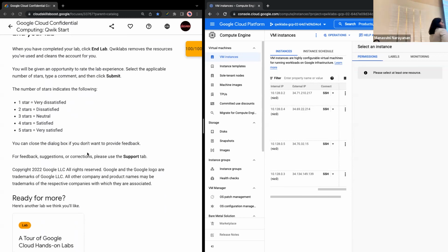Anyone who needs any help? But from my end, I think the lab is over. We proved that our instances are securely encrypted, and no one's going to access them. So I think we proved that Google Cloud is actually trustable, and we can trust it with our data. We're uploading important documents up to the cloud. I think it's fair enough to say that it is confidential. And I'll hand over to Shyam for any questions that he wants to ask. But from my end, it's over. So if you have any doubts, if you ran into any troubles, please let me know. I'll come up and help you there.